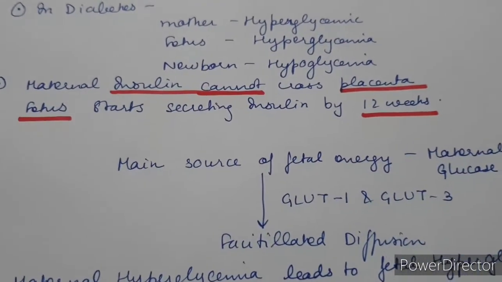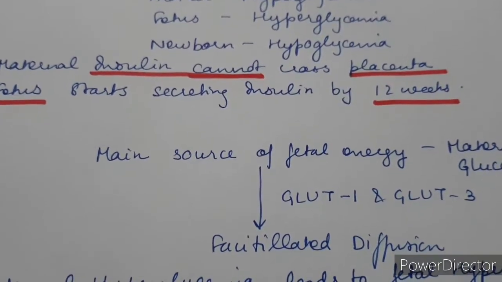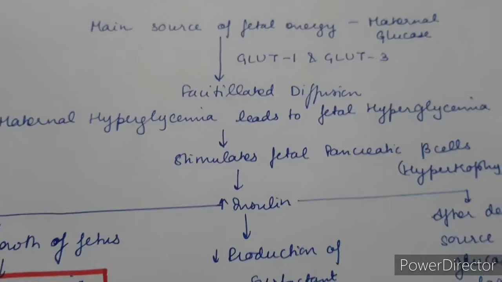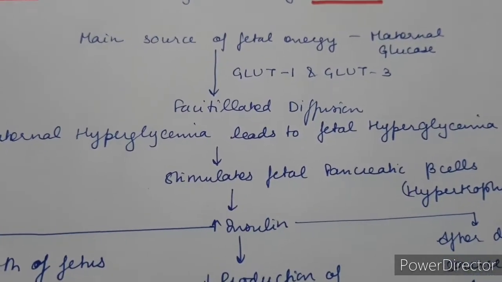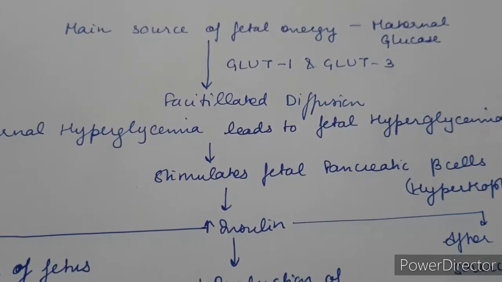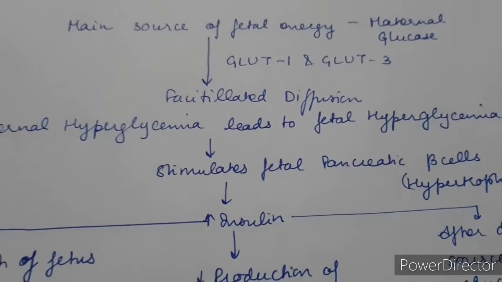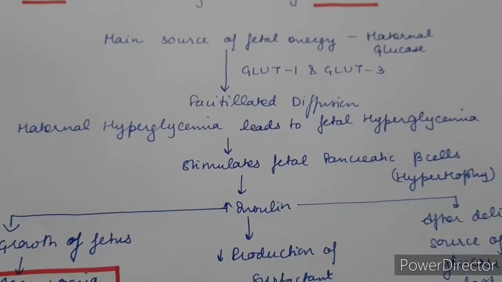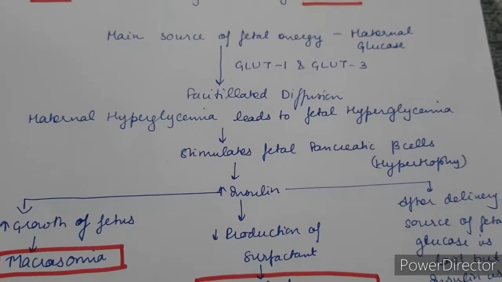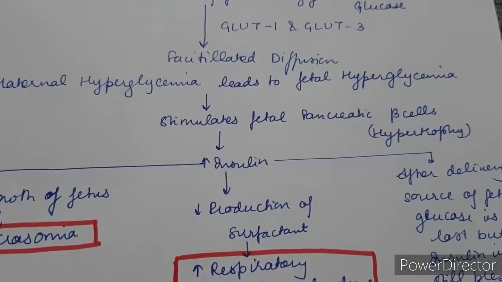Now maternal insulin cannot cross the placenta, and the fetus therefore starts secreting insulin by 12 weeks. So now we understand the pathophysiology here. The main source of fetal energy is maternal glucose, and that goes by facilitated diffusion into the fetus through GLUT1 and GLUT3 transporters. See, maternal hyperglycemia leads to fetal hyperglycemia. Do you understand now? When maternal hyperglycemia leads to fetal hyperglycemia, it stimulates the